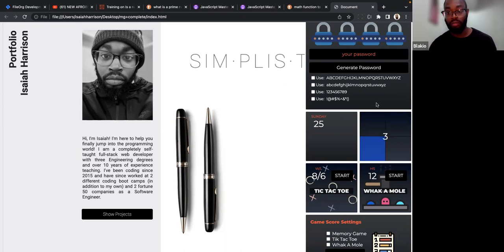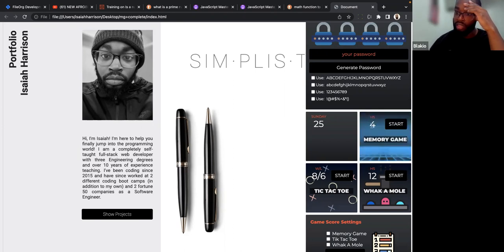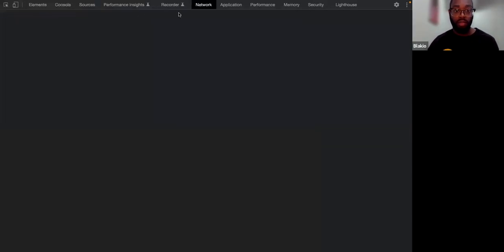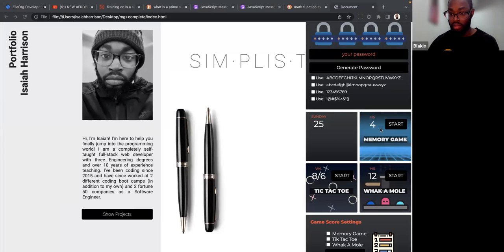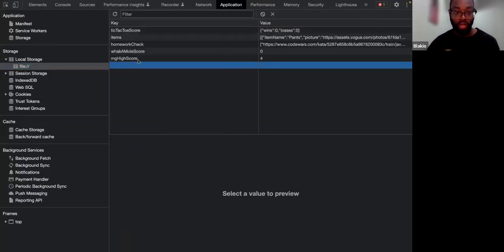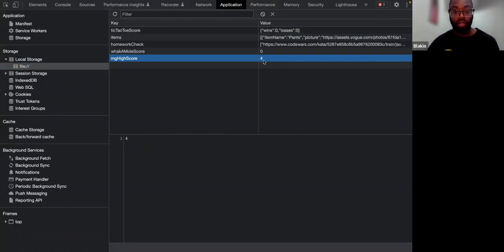Y'all can brainstorm different ways to do this. And yeah, just decide who wants to share the screen. And obviously, if you click away, right now it says 4. If you click away, it saves 4 in local storage. It compares the previous high score, which is saved in local storage, which may or may not be saved in local storage. And then if there is one, you compare it to that, and if it's higher, you set the new score in local storage, and then this displays from local storage. So we can see that memory game MG high score is 4 here.